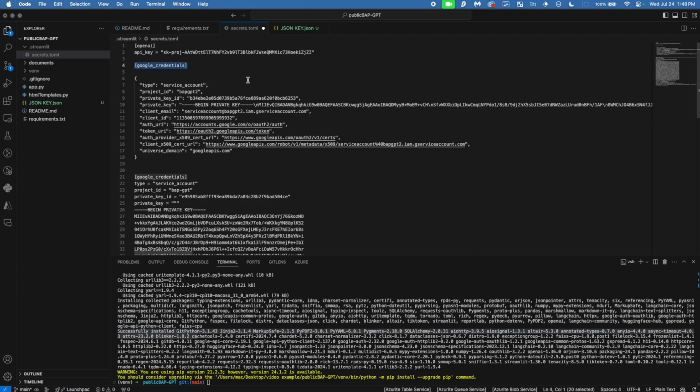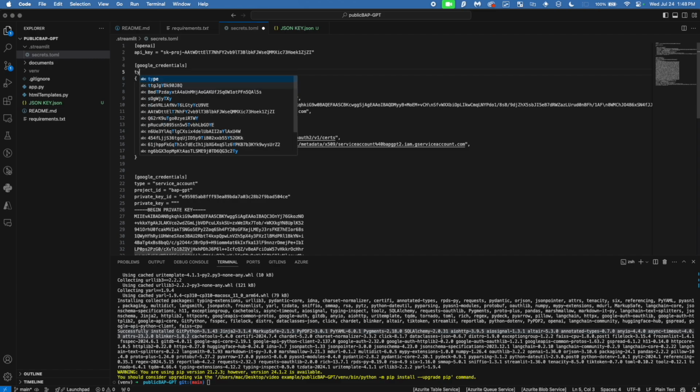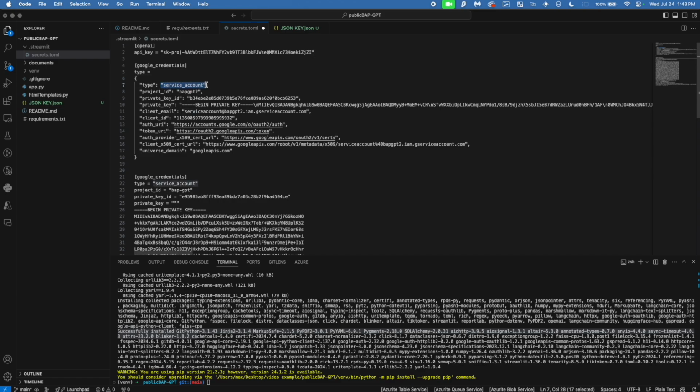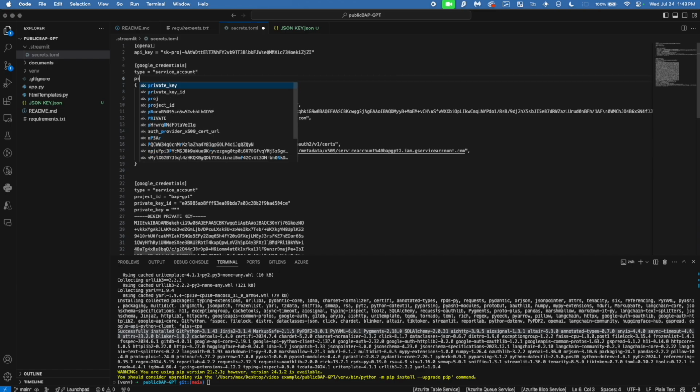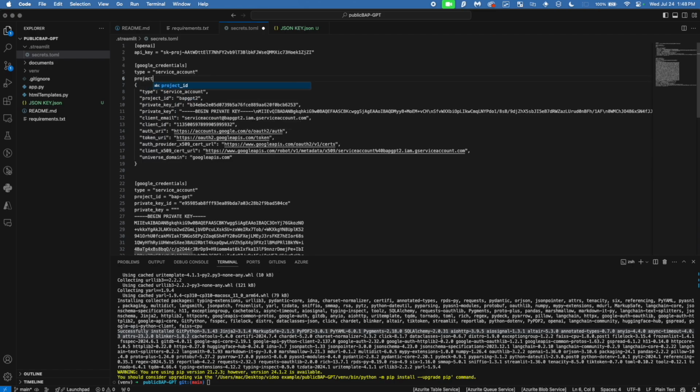This needs to be here, very, very important. And then where it says type, I'd type equals, and just copy this. All right, Control C up there. Enter project_ID equals, and then you come down here, you grab that, Control C, Control V,